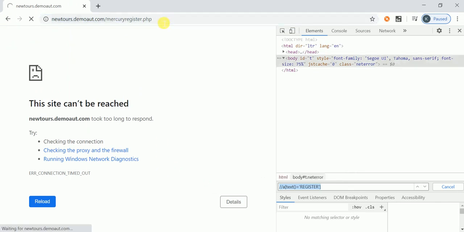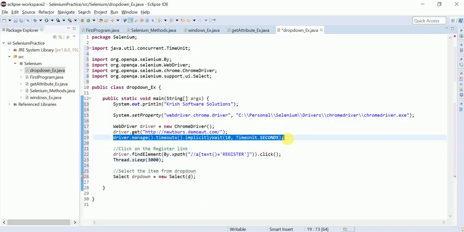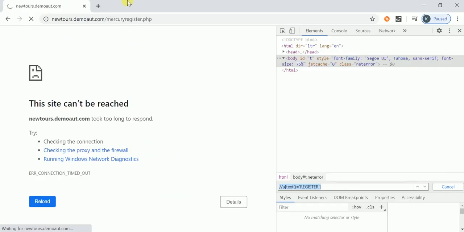Oops, I am relaunching the page. Already I explained to you about the implicit wait. As I told you, it applies to each and every element in your script, and it is going to wait a maximum of 10 seconds. If that particular element is recognized within the 10 seconds, then it will not wait for the rest of the time. It will go ahead with the next statement.